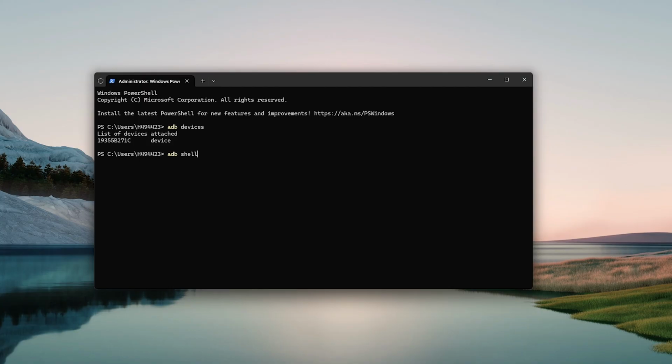If you want to take a screenshot using ADB and retrieve it from your device, use the following commands. To capture the screenshot, type adb shell screencap -p /sdcard/screenshot.png. To pull the screenshot to your local PC, type adb pull /sdcard/screenshot.png